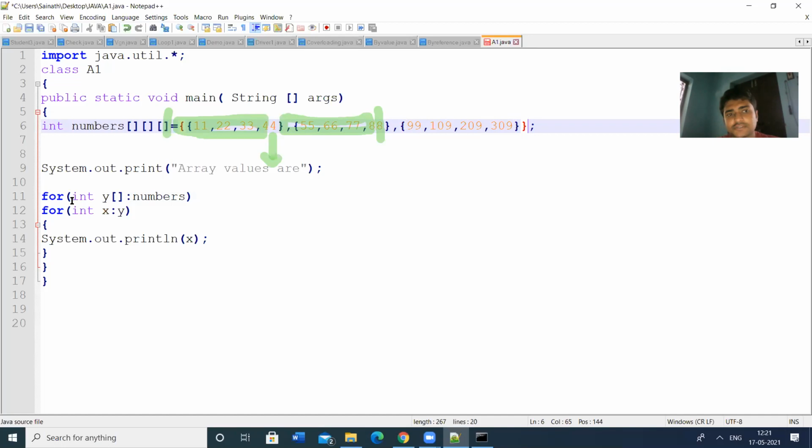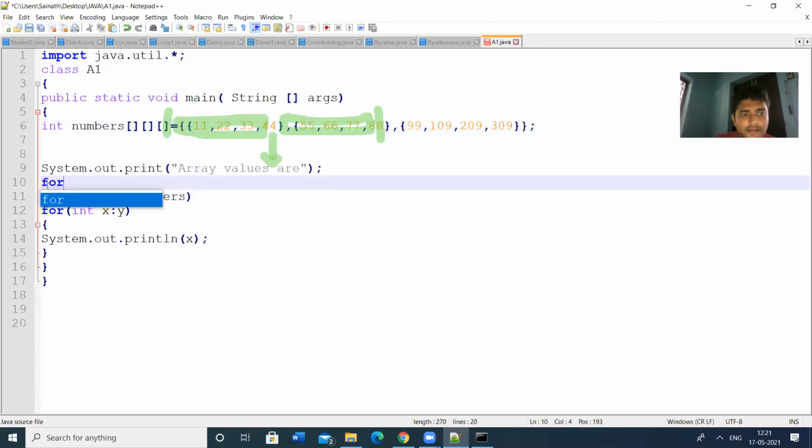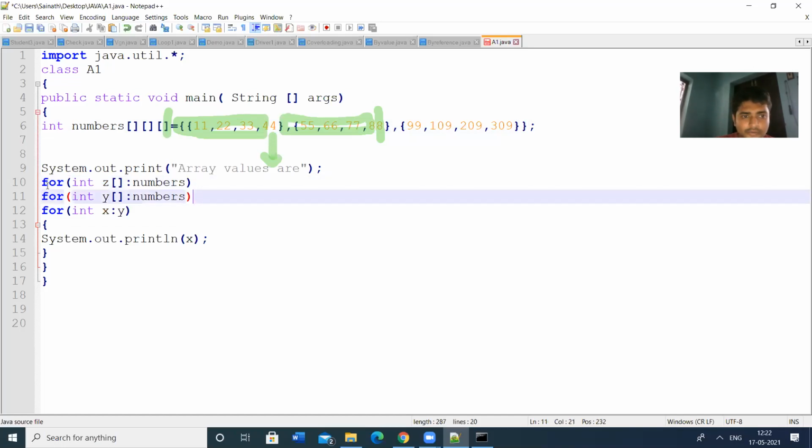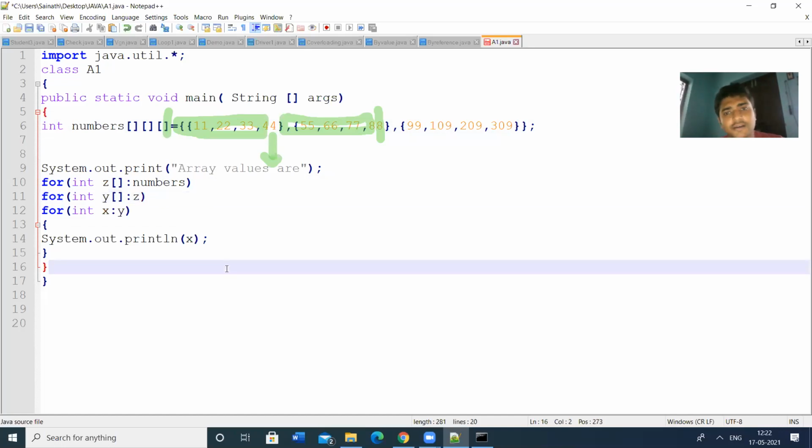For three dimensions, we need three for each loops. So we can have another for each loop for int z of numbers. So we have to give z here. So this is the three-dimensional array. Let us check the output.